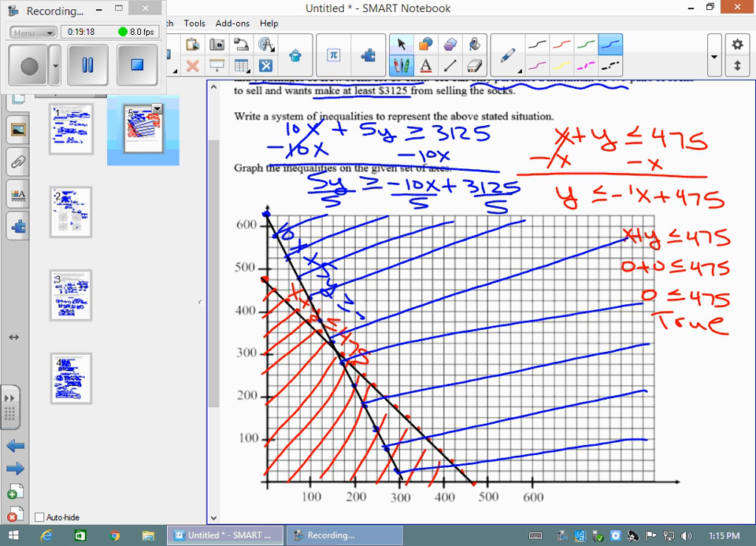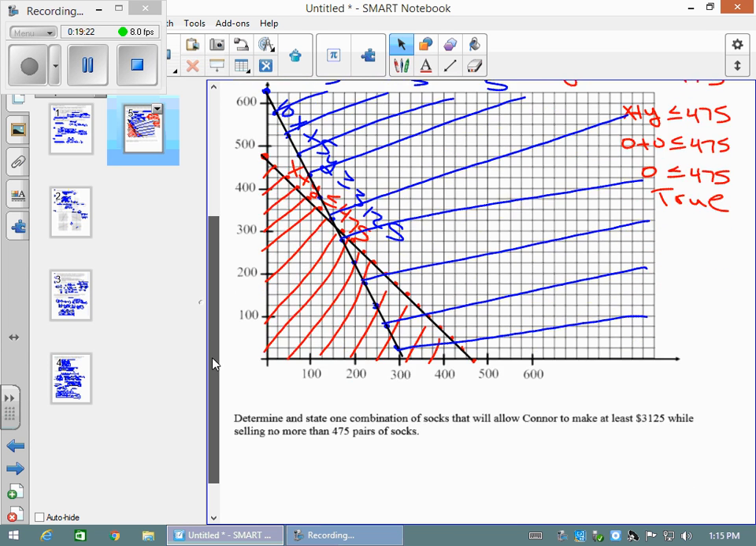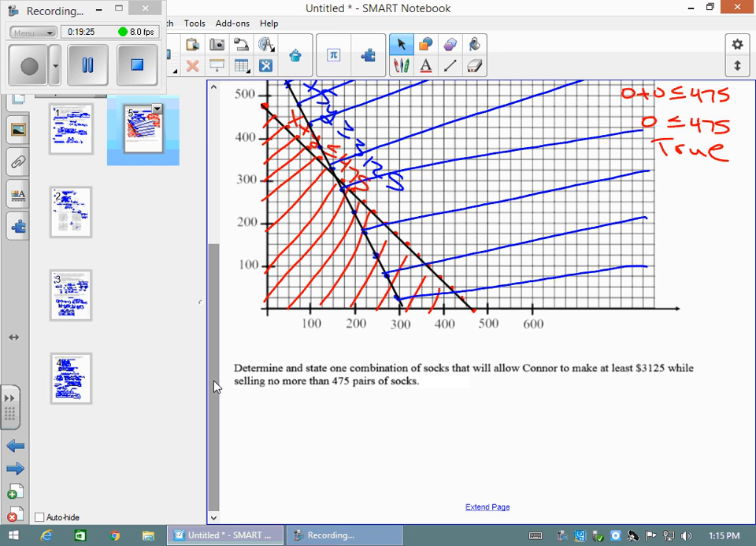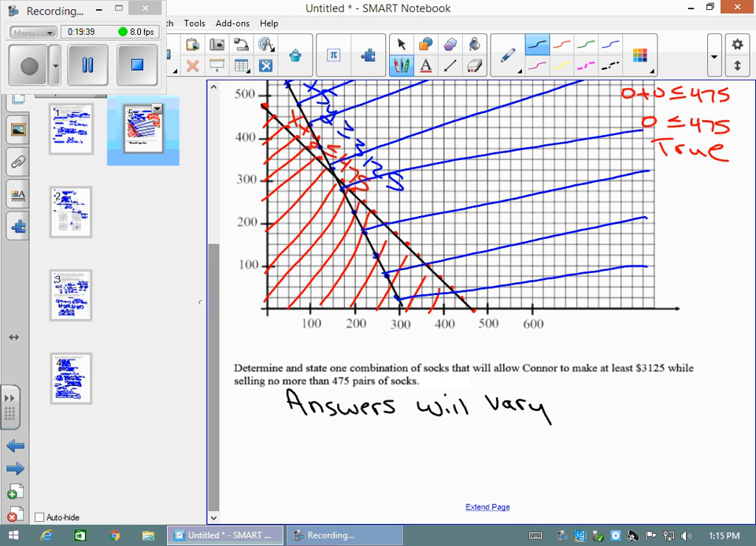So determine and state one combination of stocks that will allow Connor to make at least 3,125 while selling no more than 475 pairs. So the answers really here will vary because you could have picked any point in the shaded overlapping section. So suppose I pick this point here, I would say that's 325